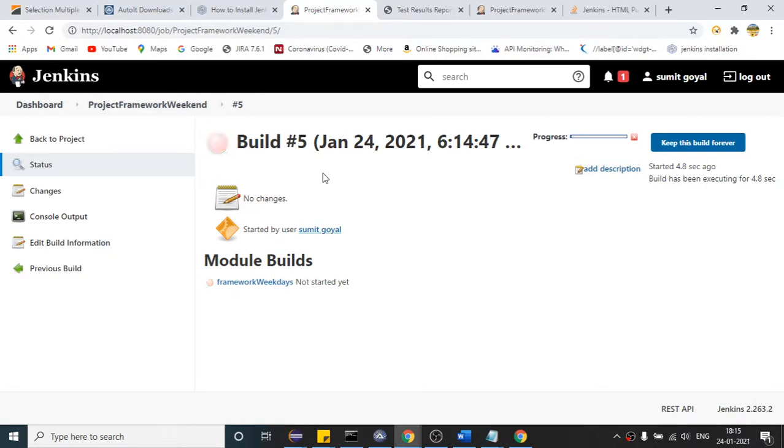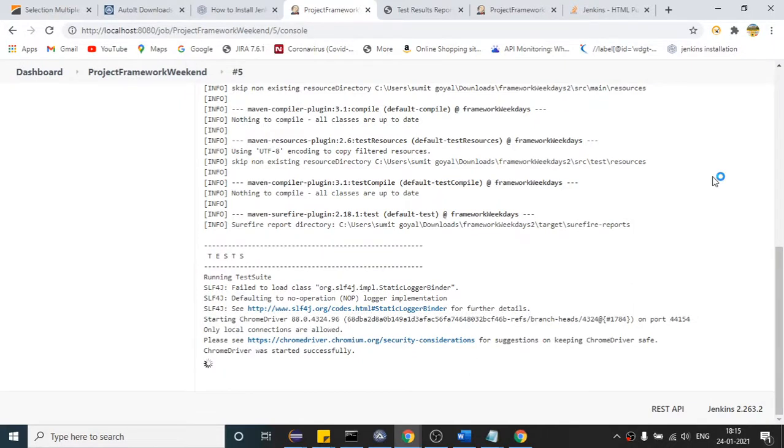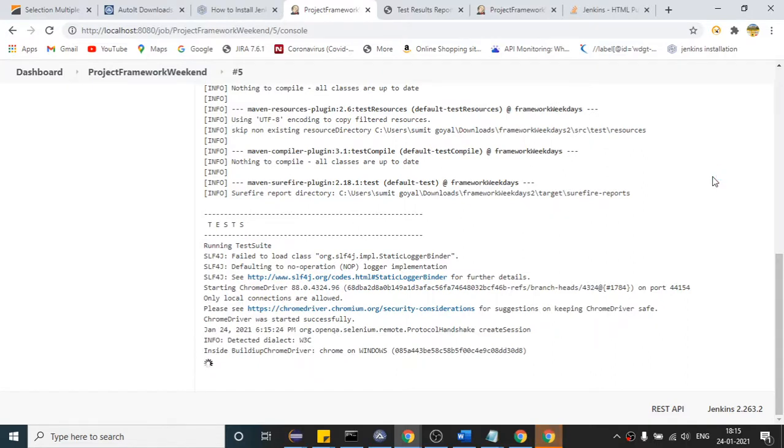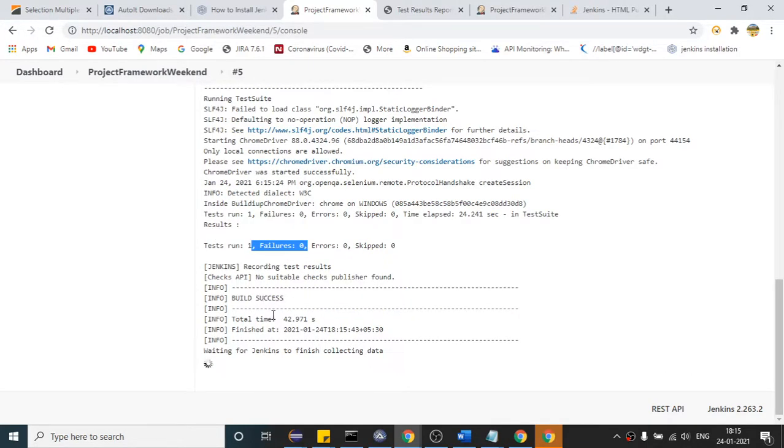So let us see. Okay, so console output. So this time failure is 0, pass is 1, right?